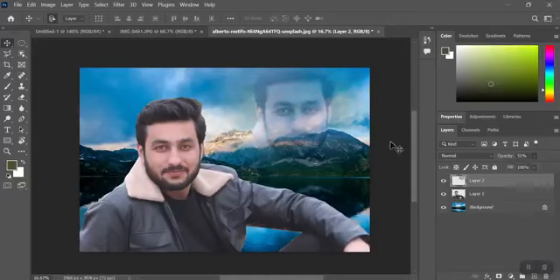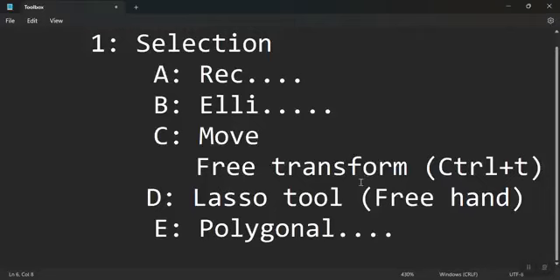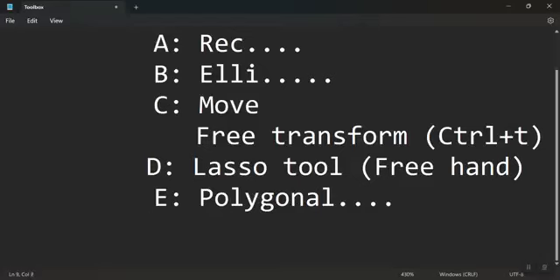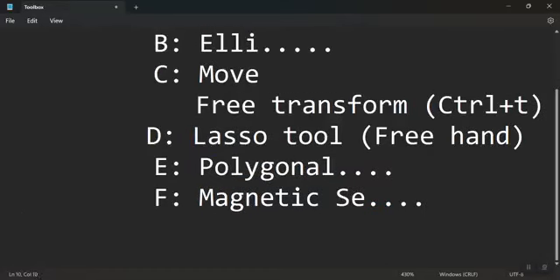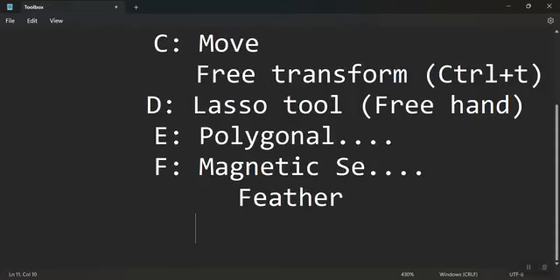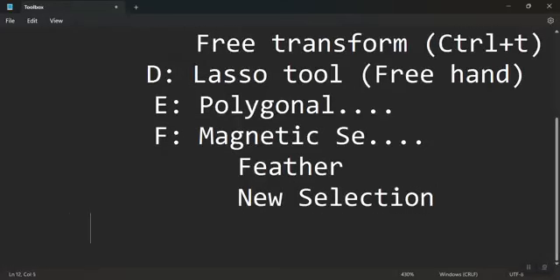So 50%. These are selection tools. Attention. This was our today's lesson. We just talked about, and also the last selection tool was, the magnetic selection tool. We just talked about the lasso tool, polygonal tool, magnetic tool, and also we talked about feather. Then we talked about new selection, add selection, and also we talk